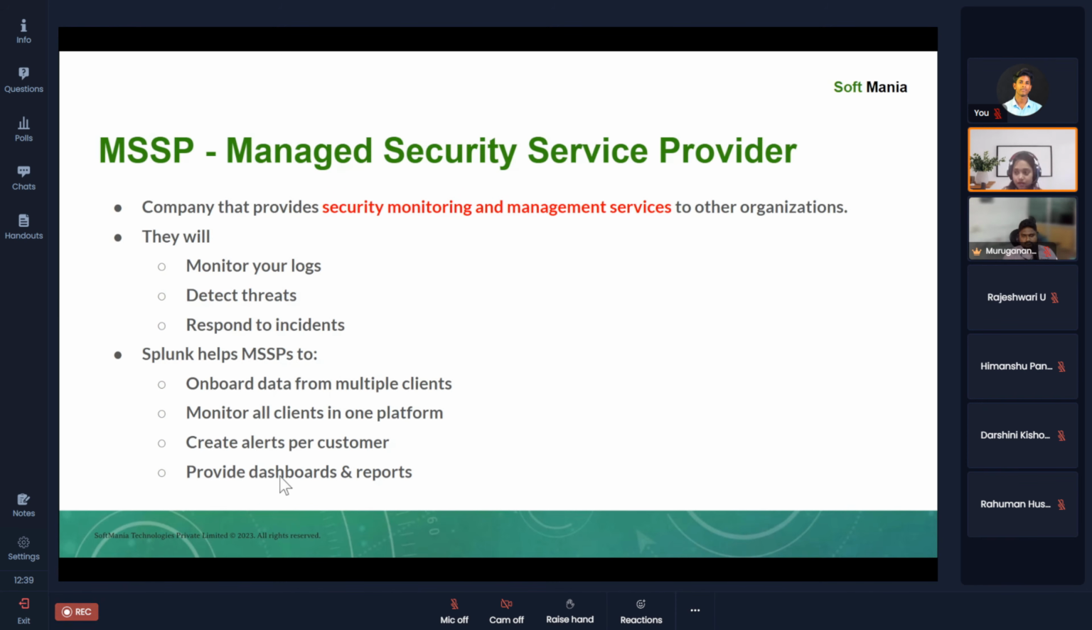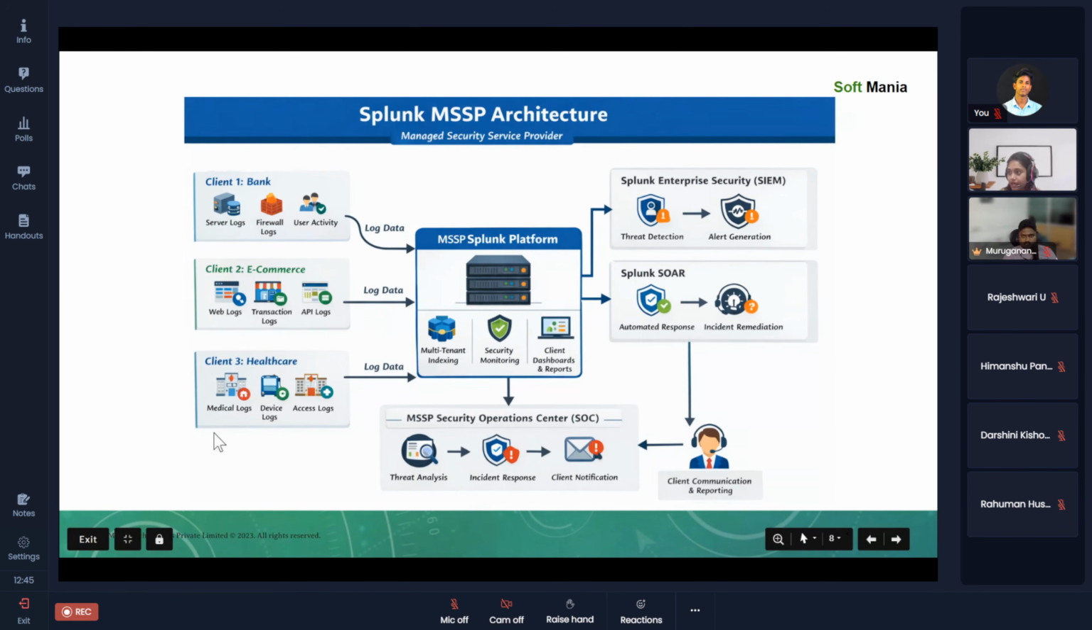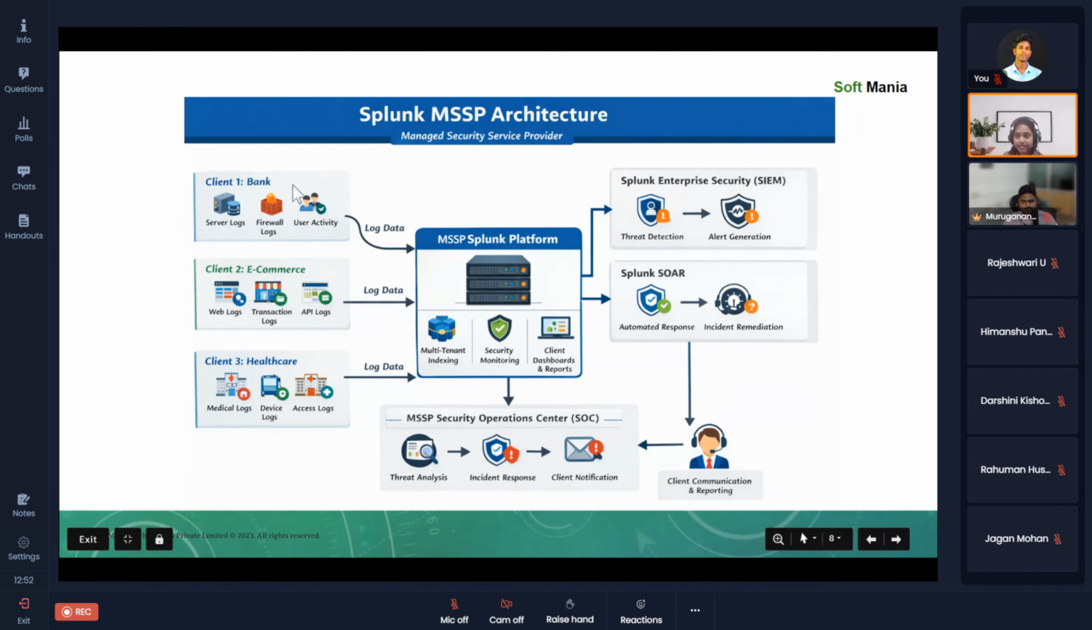Okay, now let's see a scenario. I have taken some scenario here. I have taken 3 different clients. Let's say the first client is a bank. They have server logs, firewall logs, user activity logs. Some people's user login activities and what they are doing, those logs are being stored on the bank